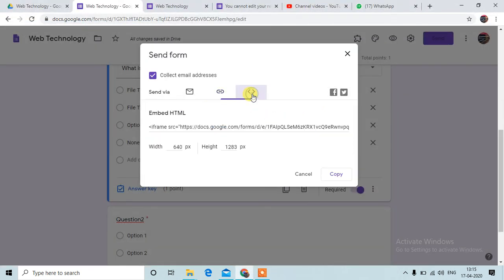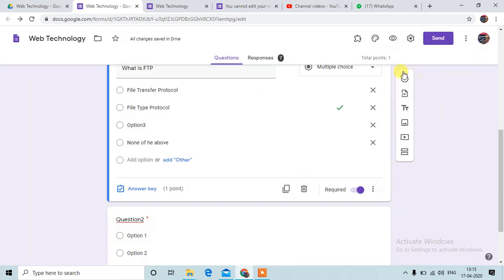Then there is an option to embed the Google Form in any web page, but we are not going to use this type of setting. So these are the options for Google Forms.